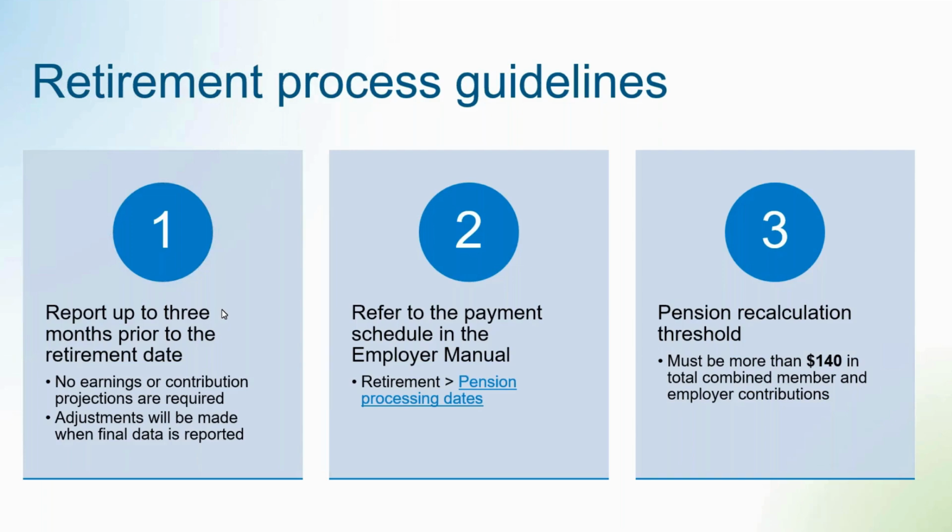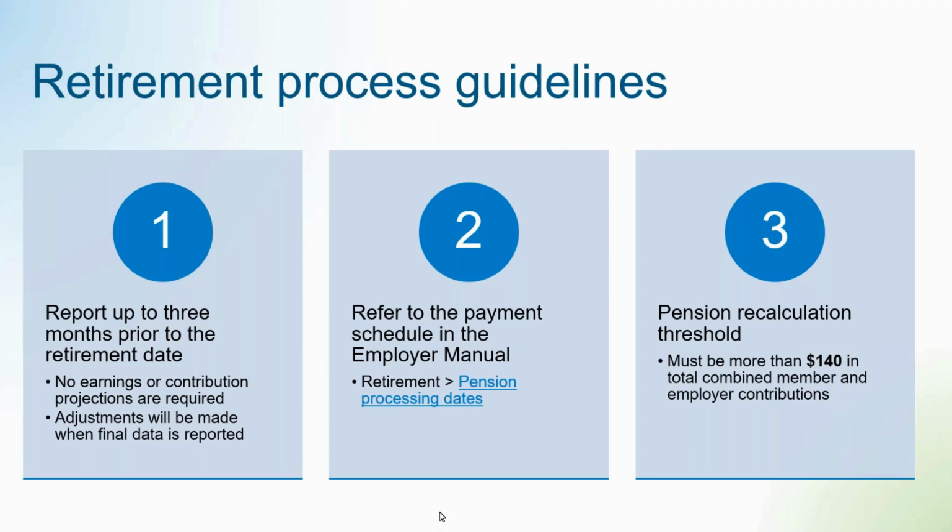You don't need to project the member's earnings or contributions when reporting a future retirement. CAT will prepare the retirement option package based on the earnings and contributions we have on file at the time the retirement is reported. You will continue sending the earnings and contributions up to the retirement date in the regular payroll files. Once we receive the final earnings and contributions up to the retirement date, we will recalculate the benefit, and if the member's pension is in pay, they will receive a retroactive lump sum for the difference and a